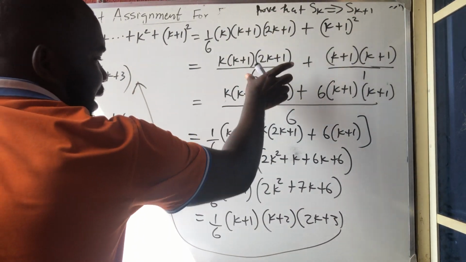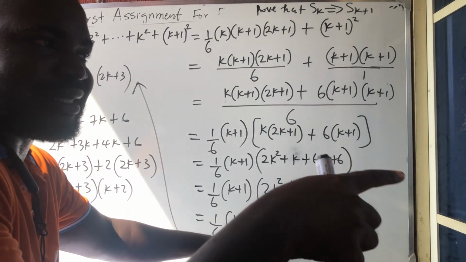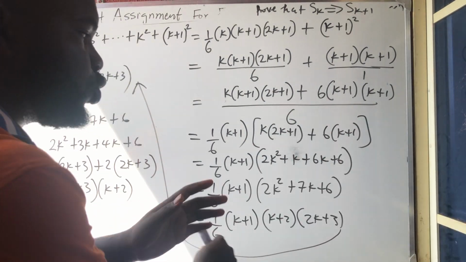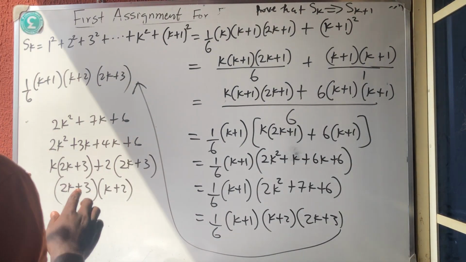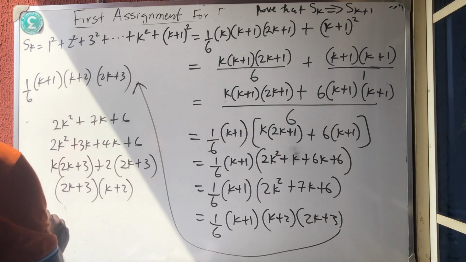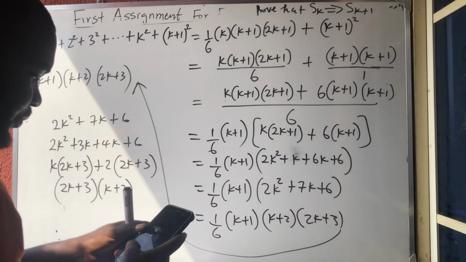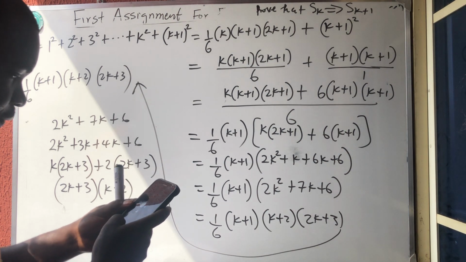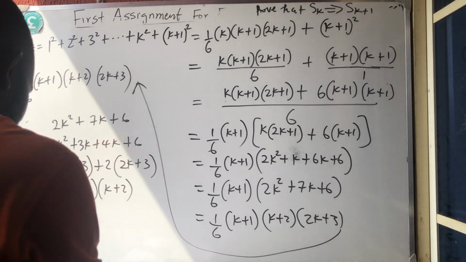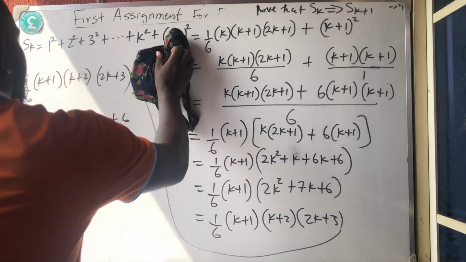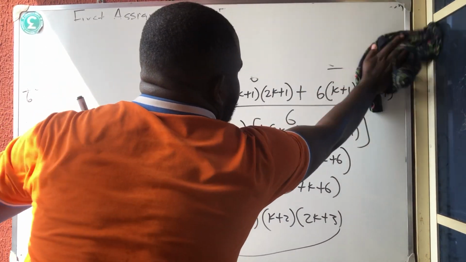Then solve the right hand side of SK to get the right hand side of k plus 1. You are done. Since we have gotten it, we have done. We now say therefore, for all n, please write the statement too. Let me write the statement. So we are done with this. We now say therefore,